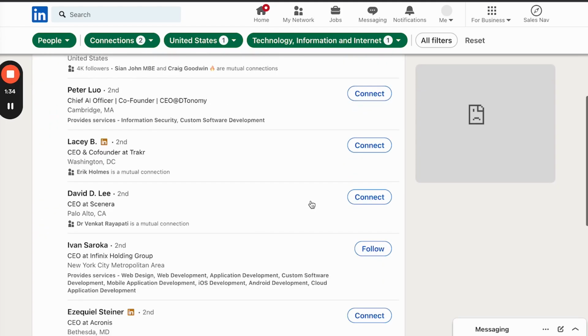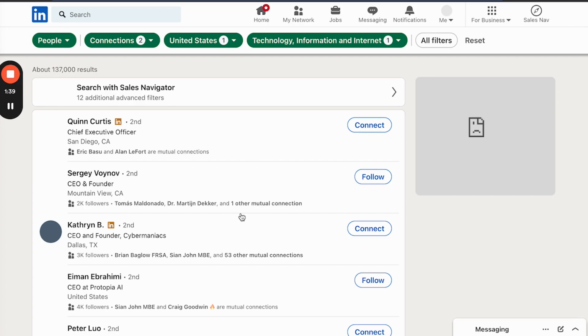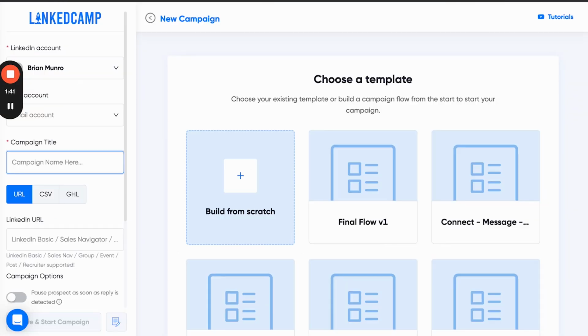Once you're done, here we have the list of all those CEOs. Once you're done with the search, all you need to do is copy the URL from the top, go back to LinkedIn. Here you get to select your LinkedIn account. That could be Office 365, G Suite, or any email account you have. You can get it connected over here. And then we will paste the URL over here. This URL will pull down the data from LinkedIn, and then you can start the campaign